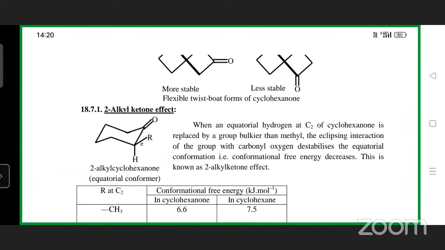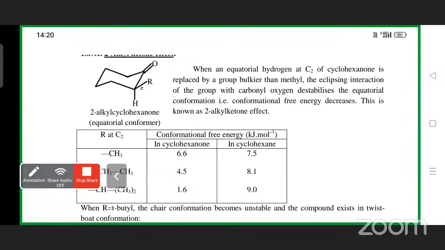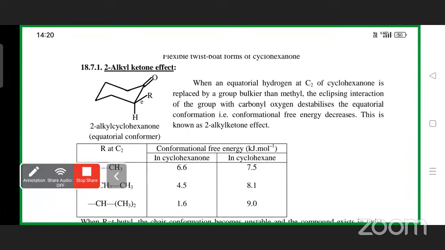And very, very important here is the 2-alkyl ketone effect. Two-alkyl ketone effects, three-alkyl ketone effects, these are important topics here. So in the unsubstituted cyclohexanone, the normal cyclohexanone or the non-substituted cyclohexanone,